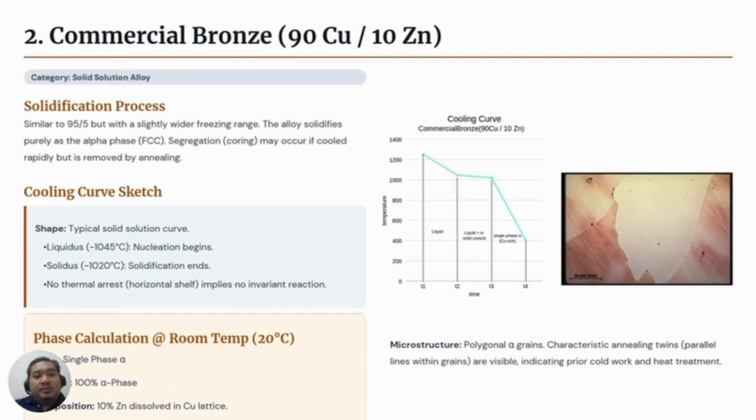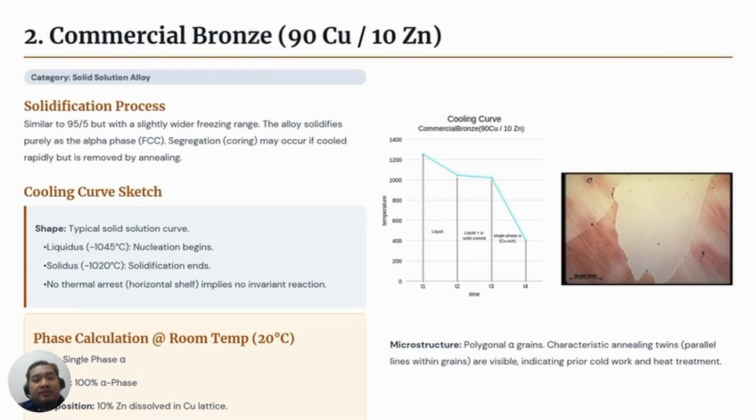The solidification process here is very similar to gilding metal, but with a slightly wider freezing range. It begins to solidify at approximately 1055 degrees Celsius and finishes at